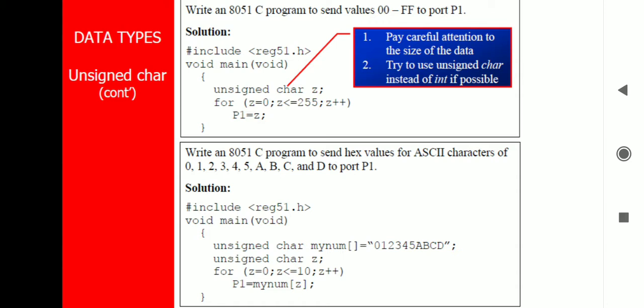It means if the data is 8-bit, we can use unsigned character rather than unsigned integer or integer. In such a case we can use the unsigned character data type.